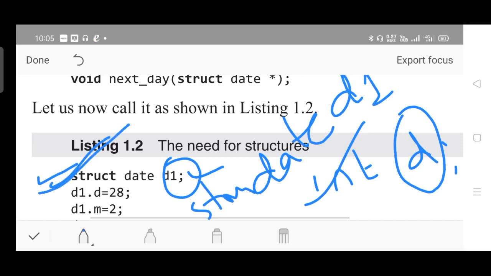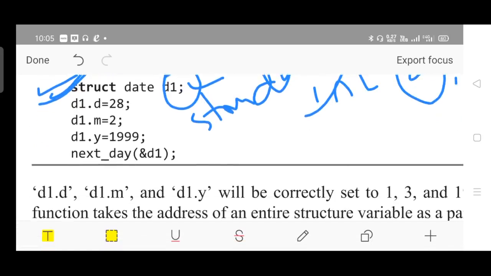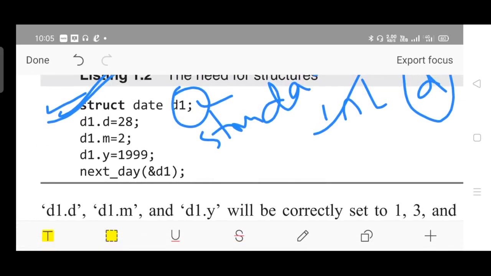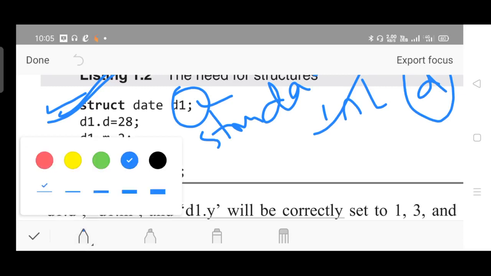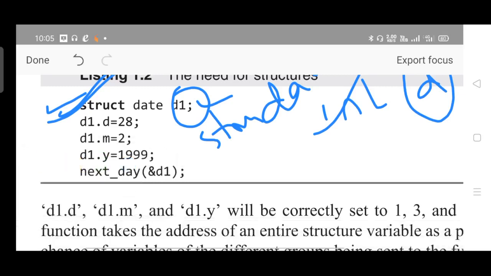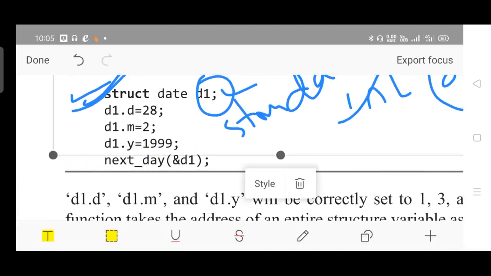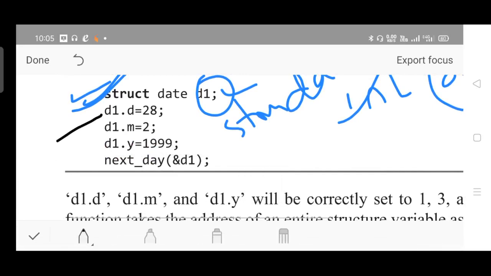Then accessing the members from structure, here you can see how you are accessing. See here, using dot operator you can access. There are three members inside, d, m and y, you have declared it, right?